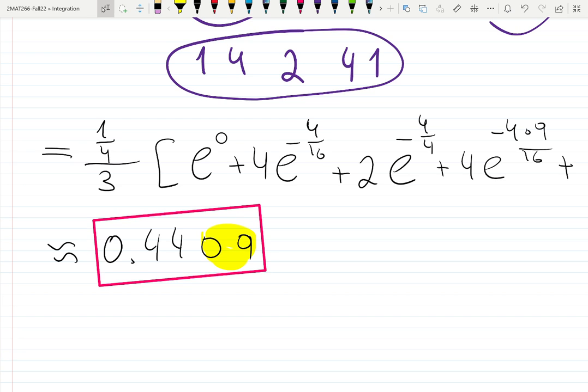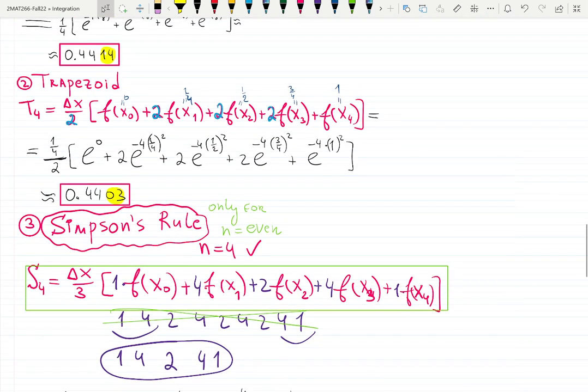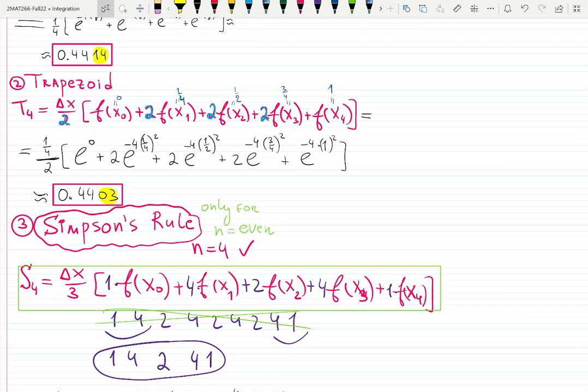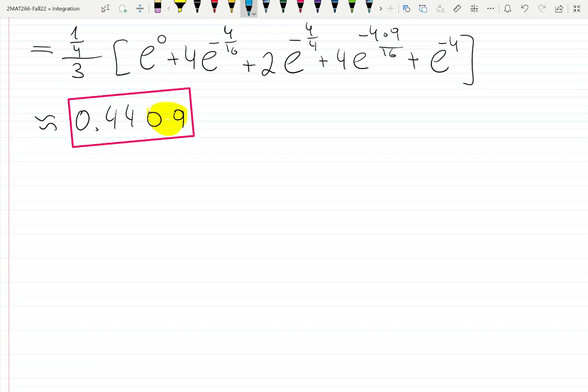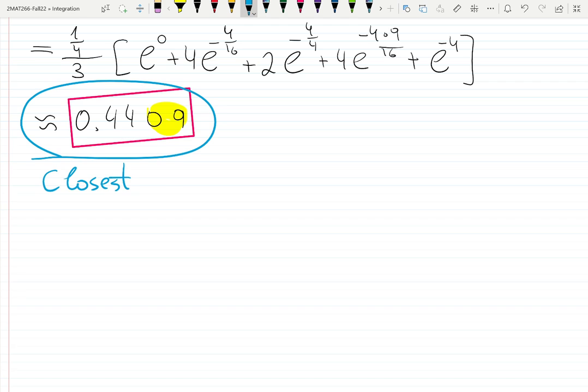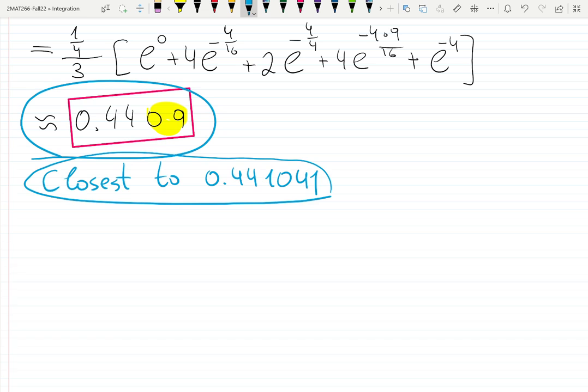0.4410. So which one is the best? I used a better computer and it gave me 0.4410. Which approximation was the best one? Simpson's. So we're going to choose this one, the closest to 0.4410, which we found with a better computer, with a better approximation, I would even say. So again, it's not the exact answer either, but it's done by a better computer with